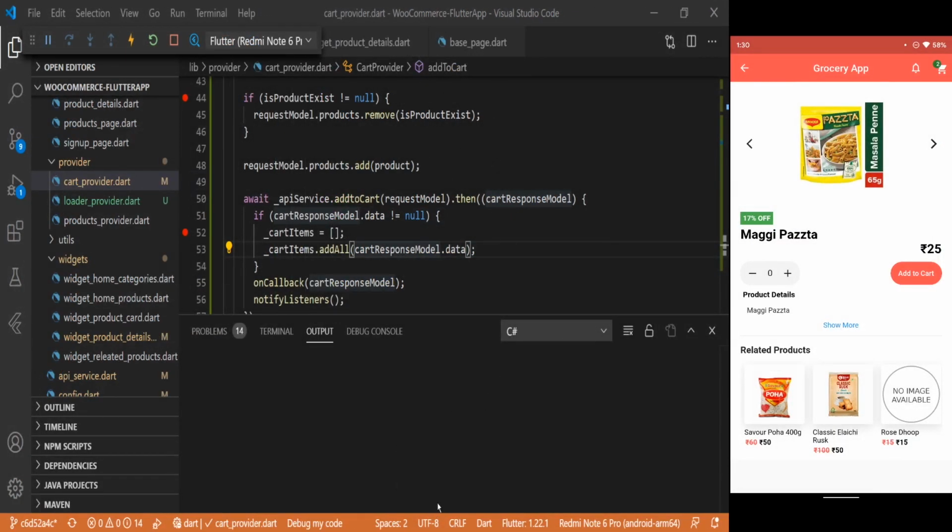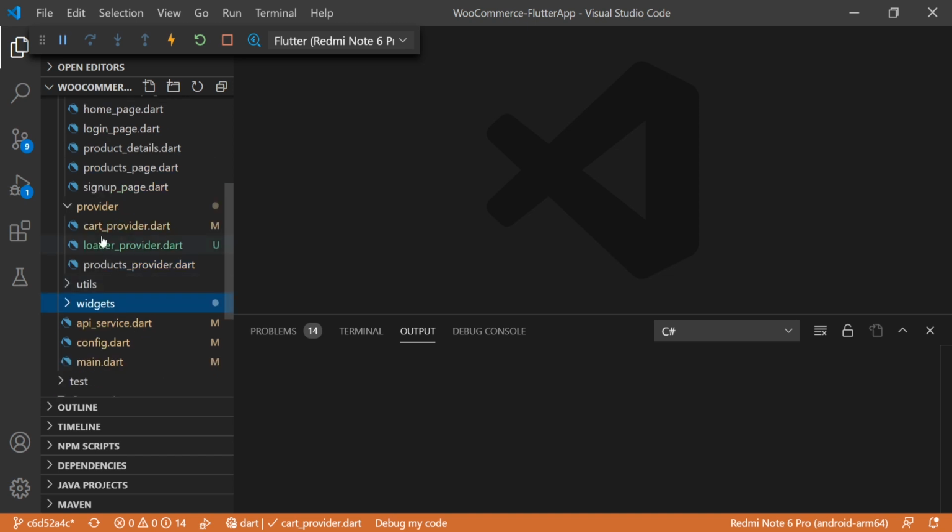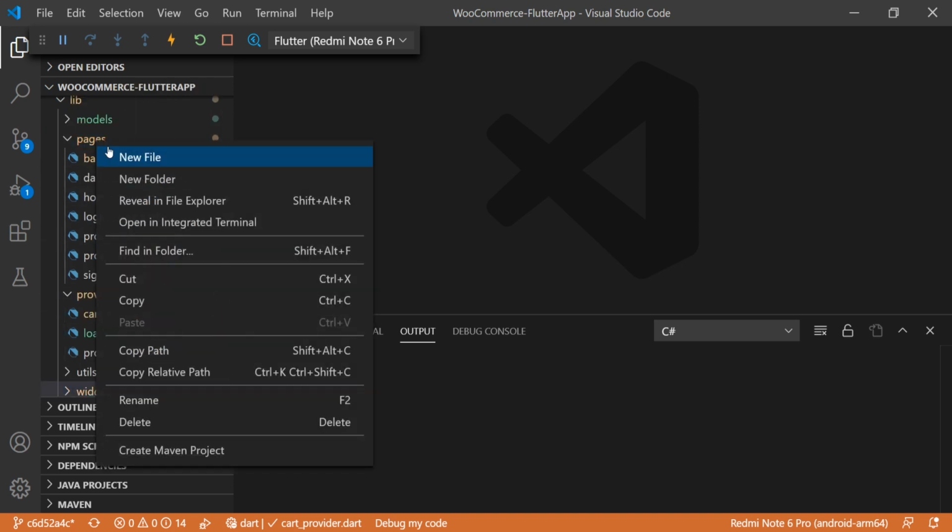Now here you can see the counter has been increased to 2 because we have added 2 products in the cart. Now we will design our cart list page, and there we will do our remove product, and we can also update the cart there, and we can also show the total amount of all the items. So now we will add a new page here, that is the cart page,